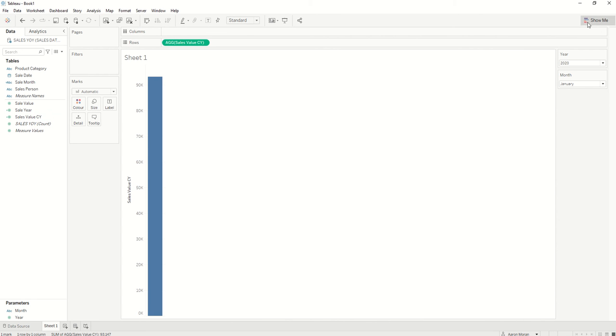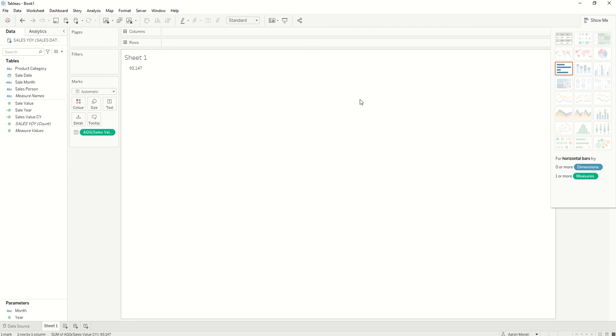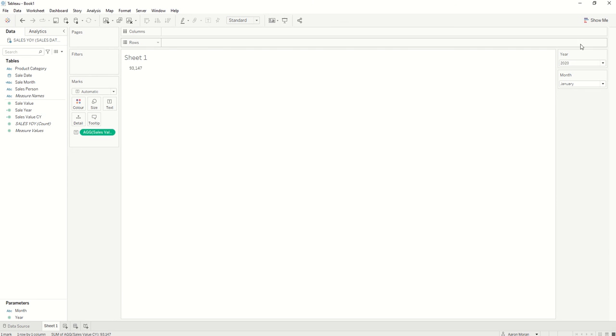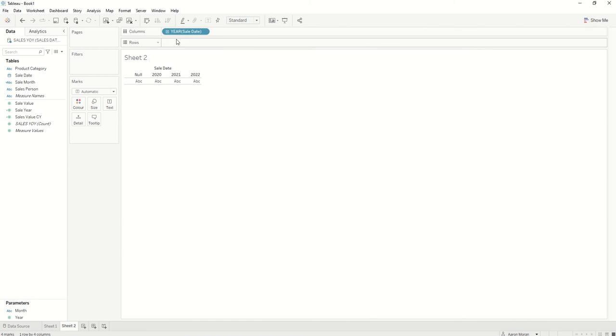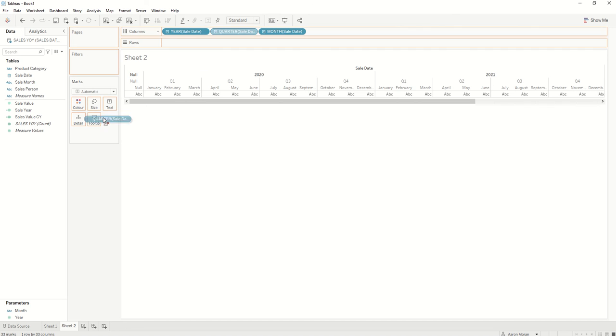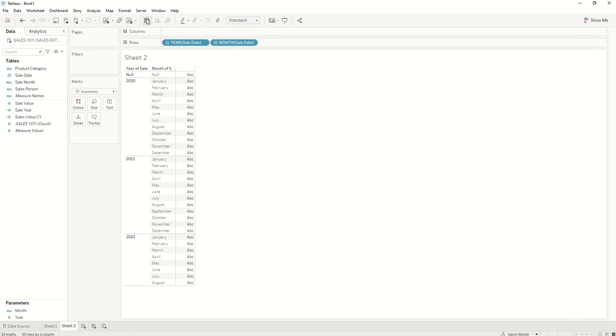So if we add this in now, and we'll pop that over to this, we can see that this is telling us that according to the parameters, in January 2020 the sales value was 93,147, and we can very easily test that just by bringing the actual sale date in. Let's open that up. So we've got month, flip that over there and bring the sales value. That one. There we go. 93,147,